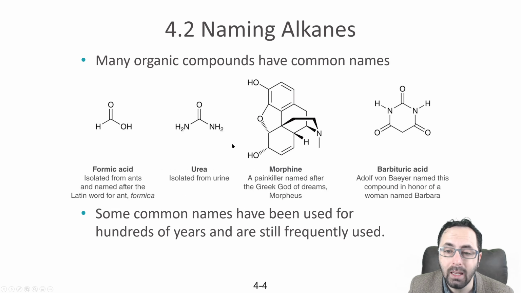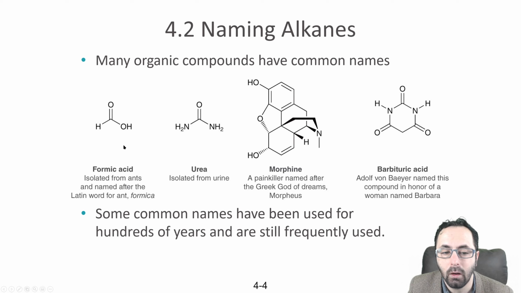Now, many compounds are known very well by their common names, and sometimes the common name is even accepted as being equally valid as the systematic name. However, in this class, we want to emphasize that we can tell the structures from the name. So in general, we are not going to be using common names. We're going to be using the systematic names.